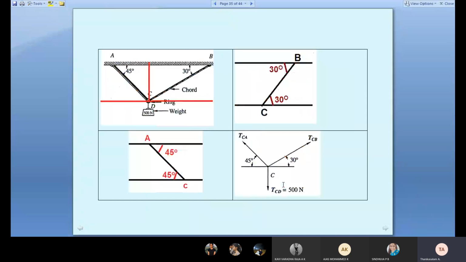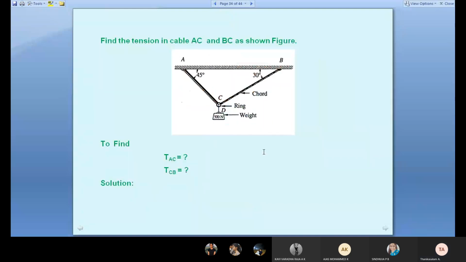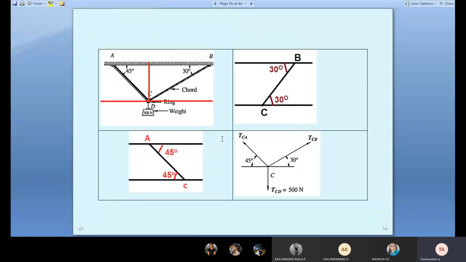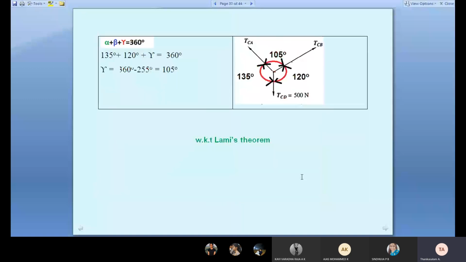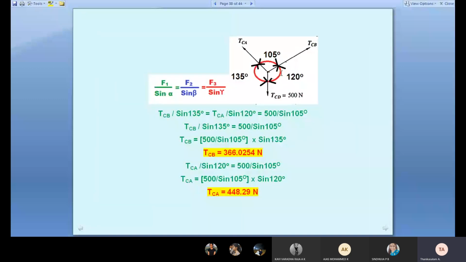Students, any question? Vignesh? Kavi? No, sir. This problem was discussed now in the first unit, so just for recollecting, we are solving this one. We applied Lami's theorem, we applied mathematical knowledge, and converted each and every step. So finally, this is the final diagram. How did we arrive? We applied mathematical knowledge. Why did we use Lami's theorem? Only three forces acting.